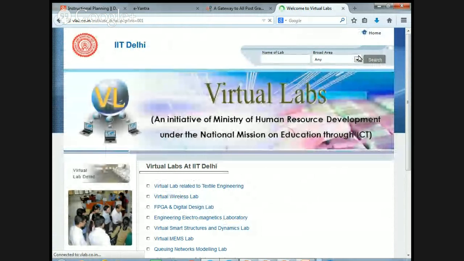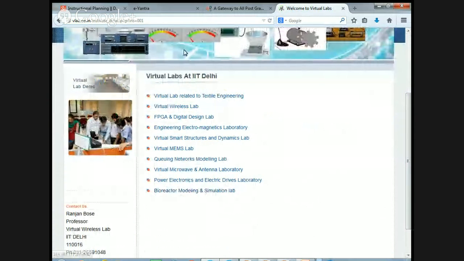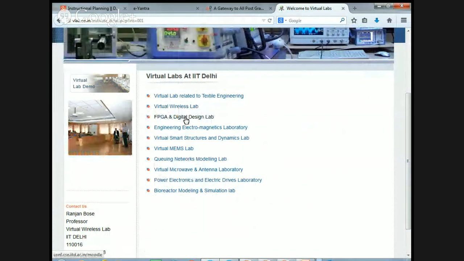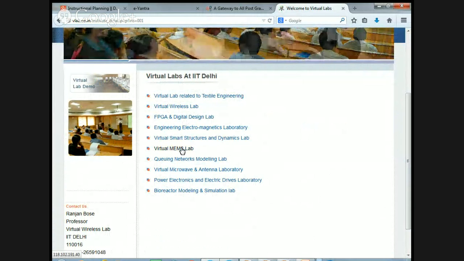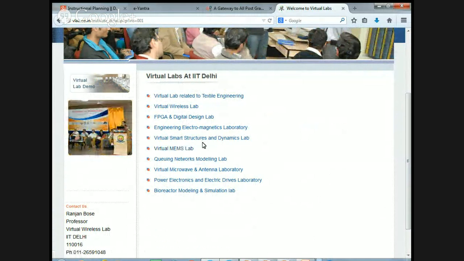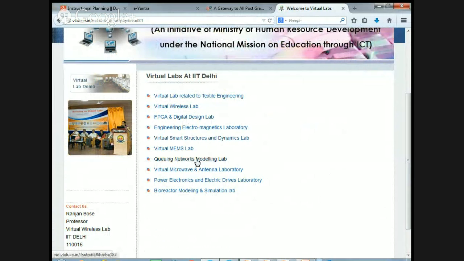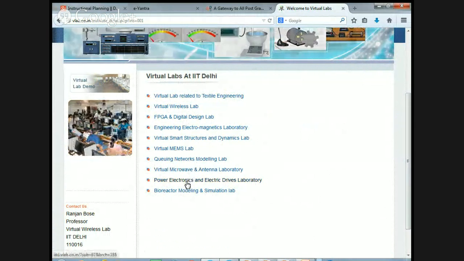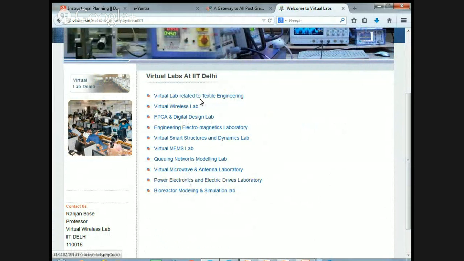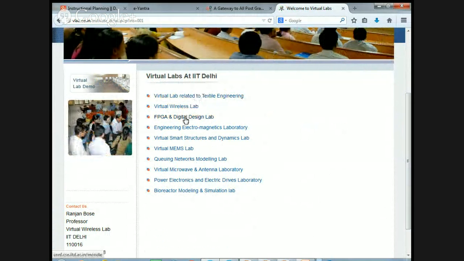जैसे फॉर एग्जांपल मैंने आईआईटी दिल्ली में भी क्लिक किया, अब इसमें सारे वी लैब्स जो है यहाँ पे सारे बने हुए हैं, जैसे वर्चुअल लैब रिलेटेड टू टेक्सटाइल इंजीनियरिंग, वायरलेस लैब, एफपीजीए एंड डिजिटल डिजाइन, इलेक्ट्रॉनिक्स के लिए बहुत ज्यादा जरूरी है, मैम्स के लिए है जो आपके नैनो टेक्नोलॉजीज में यूज होती है, स्ट्रक्चर्स एंड डायनामिक्स लैब, नेटवर्क मॉडलिंग लैब, वर्चुअल माइक्रोवेव एंड एंटेना लेबोरेटरी, पावर इलेक्ट्रॉनिक्स, उसके लिए आपकी इलेक्ट्रिकल के लिए जरूरत है. तो जो भी आप करना चाहते हैं, फॉर एग्जांपल एफपीजीए एंड डिजिटल